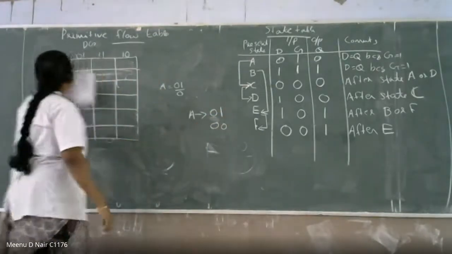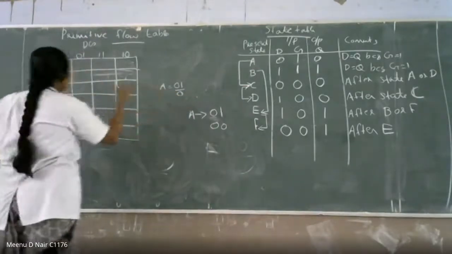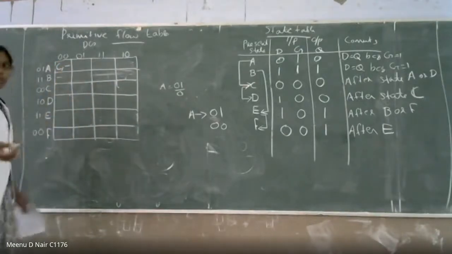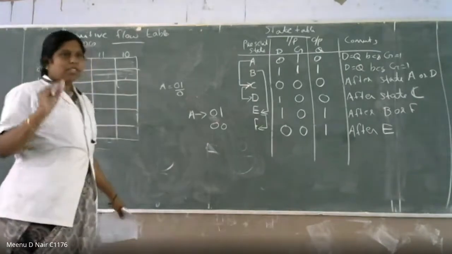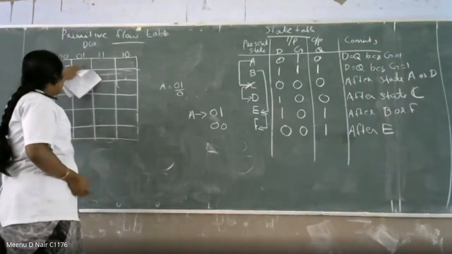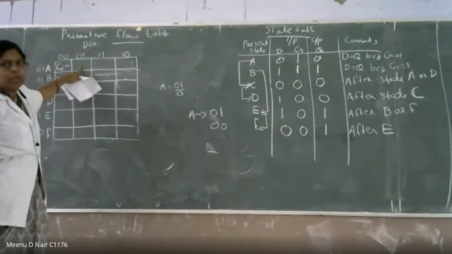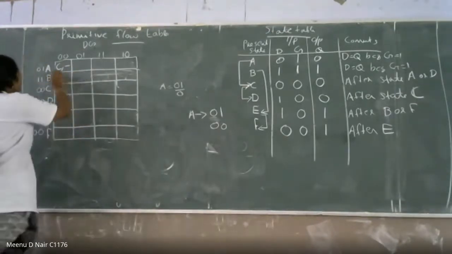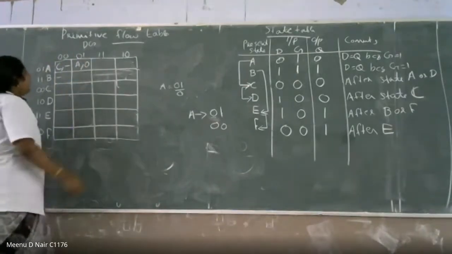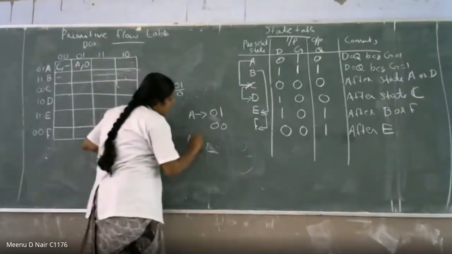So you can put it as what is 0 0? 0 0 is nothing but C comma dash. The output value you do not know. The only output value known to you is for A, which is 0 1. Wherever you are taking this A, there only can you put the output value, otherwise you cannot. So here 0 1 and 0 1, the same A, A comma 0 you can put. Then the next cell is 1 1. What is 1 1? A is nothing but 0 1.